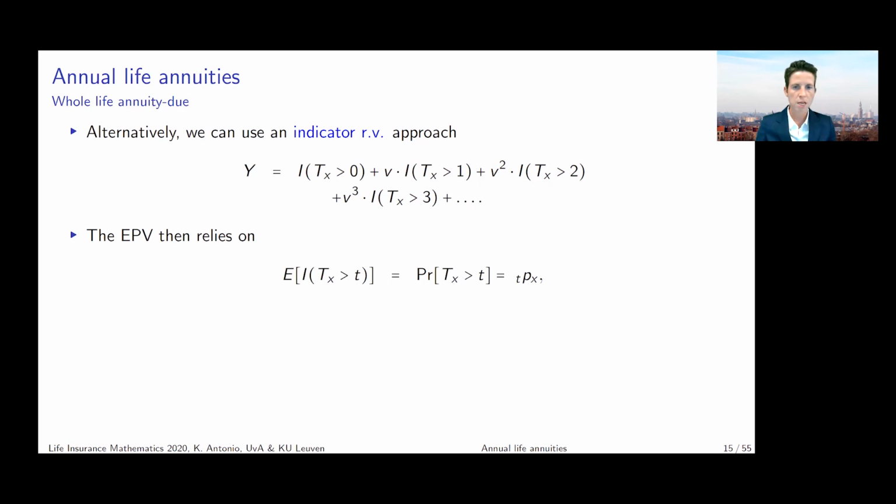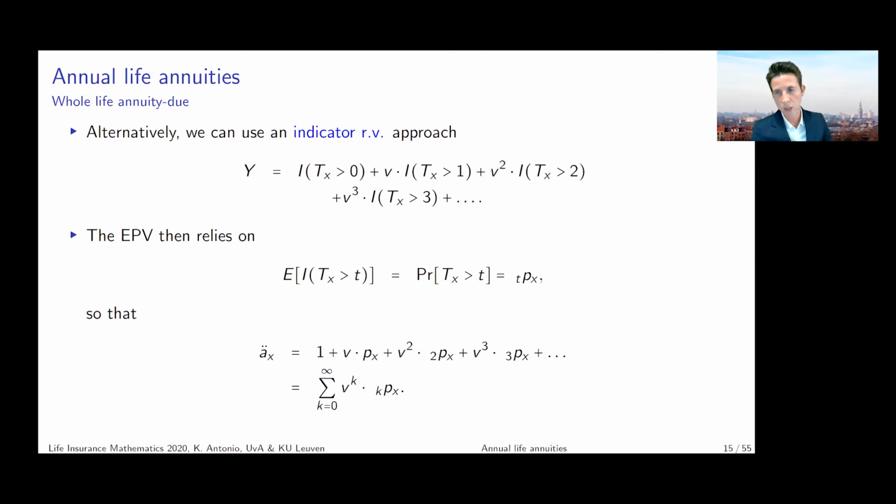So if I do the calculation, if I calculate the expected value of Y, then the thing is to calculate the expected value of these transformations of Dx, of the expressions, like what is this indicator, which is a Bernoulli variable. It's giving me a 1 or a 0, and it gives me a 1 with probability tPx, the survival probability of my x-year-old beyond time t. So if I put this all together, I've got the following summation formula, and it's really this one that you